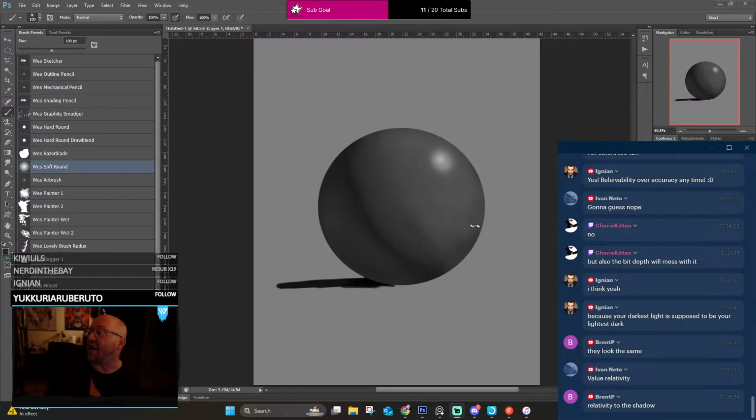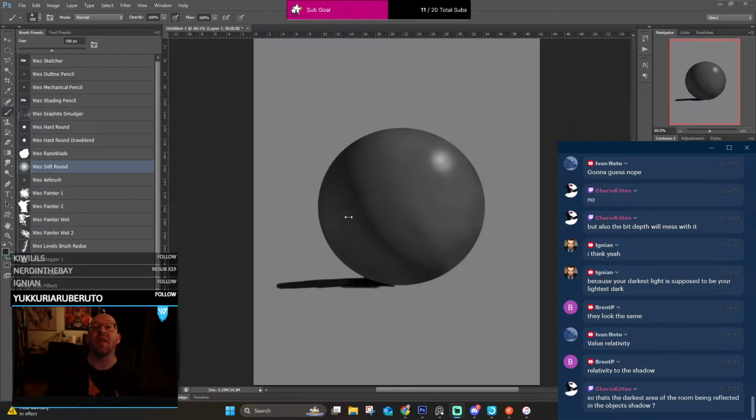So this is the extreme of a bounce light. This is the very limit, in my opinion, unless of course we're on a window. Like if this down here is a mirror, then this will actually be closer to the 50% gray that we have on the background, because it is its own light source at that point. It's reflected on the light source. There will be no ambient occlusion. It kind of breaks a lot of rules, but that's why a lot of artists don't mess with mirrors all that much. It's a very optical thing.